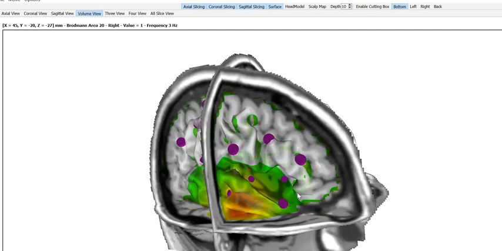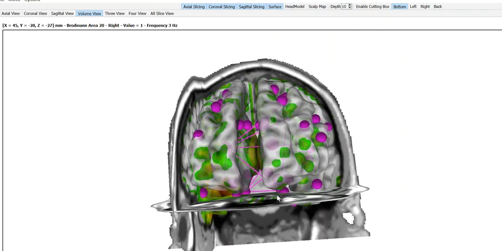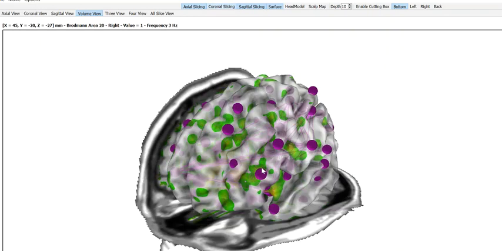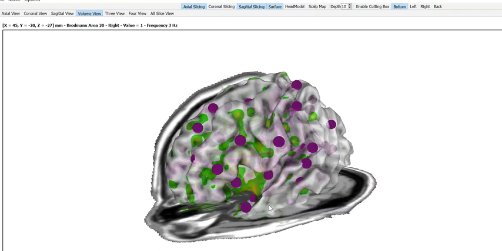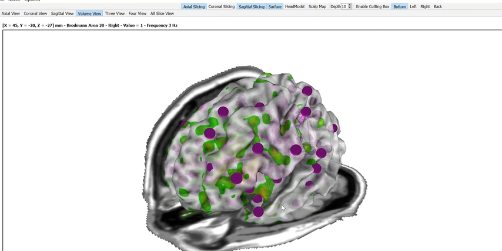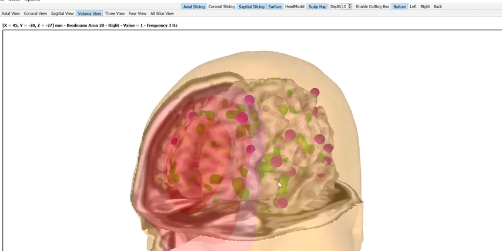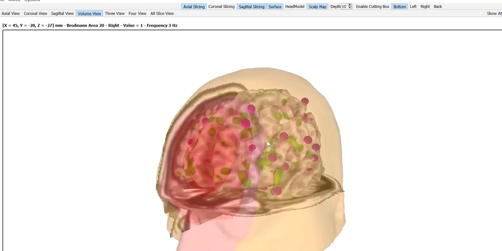So we can also use the slicing tools that go to axial, coronal, sagittal, and horizontal slices. So all the other tools that are in NeuroNavigator are active as well, but there's the scalp and the shape